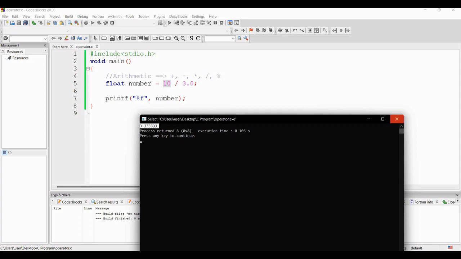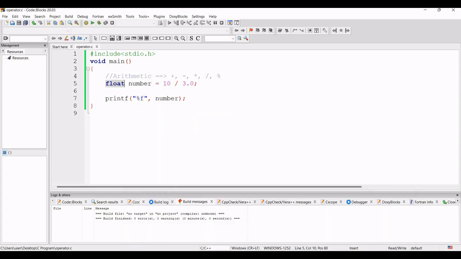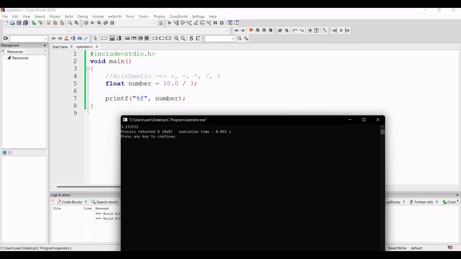Why is this giving the correct result? Because instead of two integer values I have given one float value, so the result will be float. Now you may ask, instead of making this 3 float, I will make this 10 float. If we compile and run, the output will be the same.